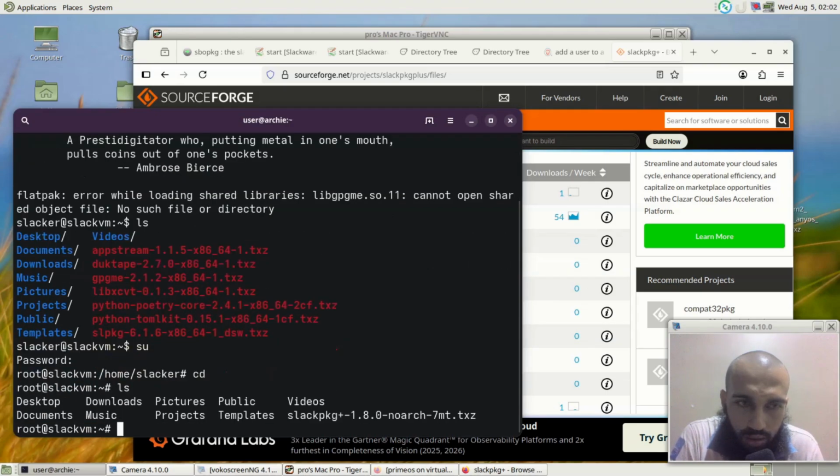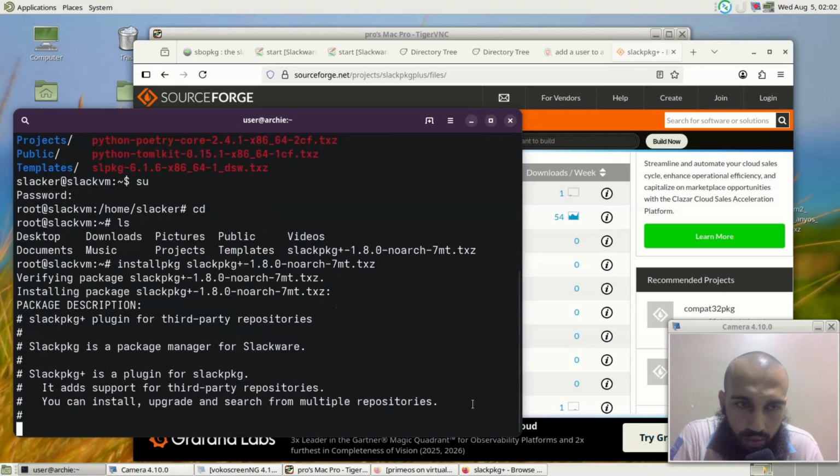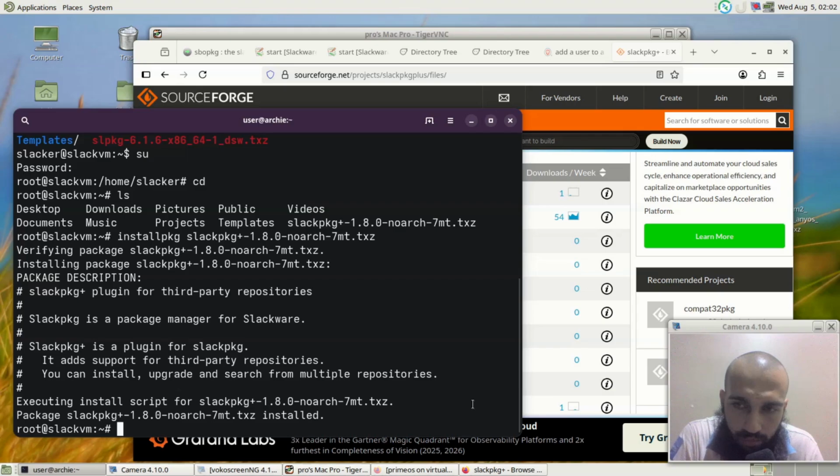If we run ls, it's what I took, this one. You install it with installpkg slackpkgplus. I have already done this, but it's fine to repeat it. You run this command, it should install for you. You later go to